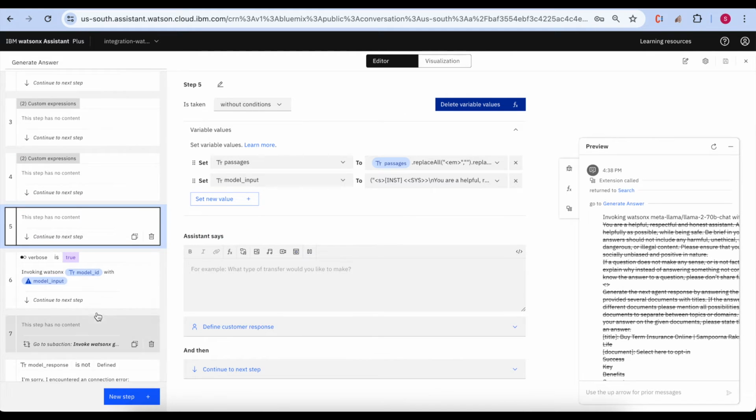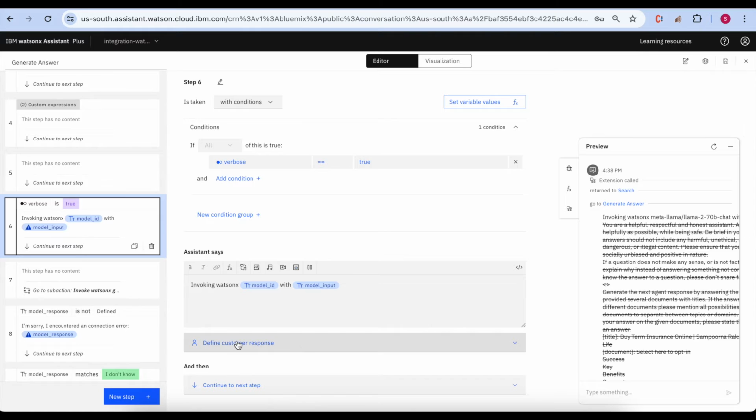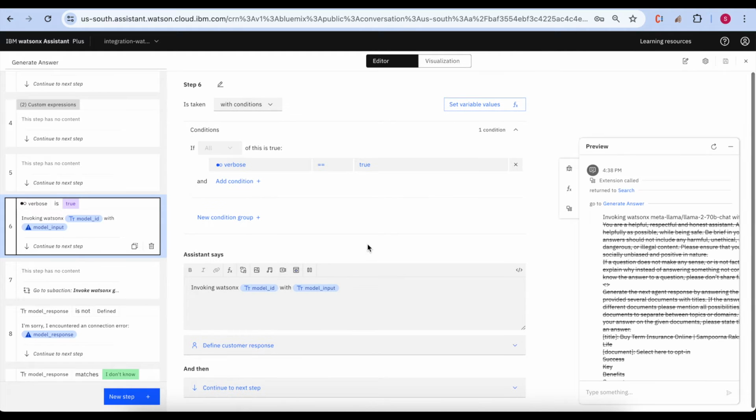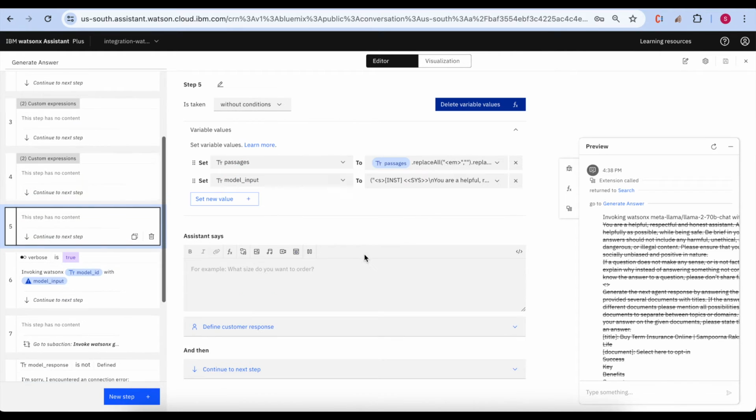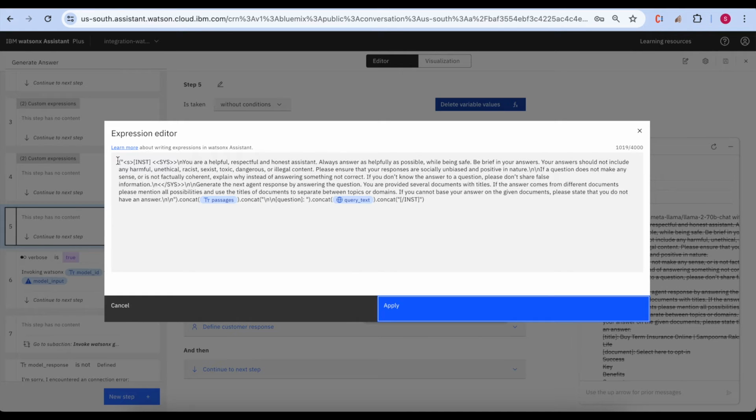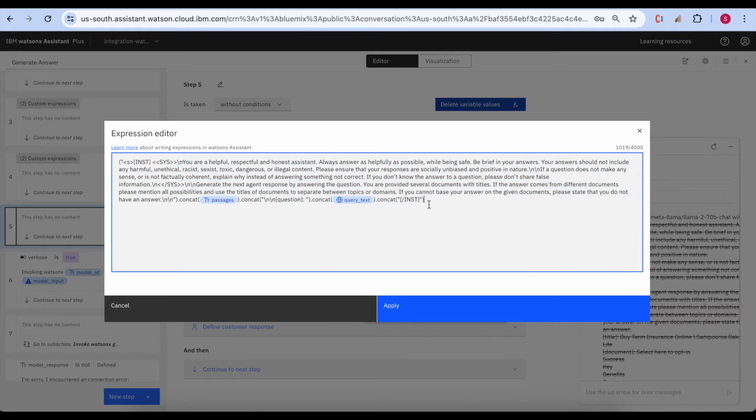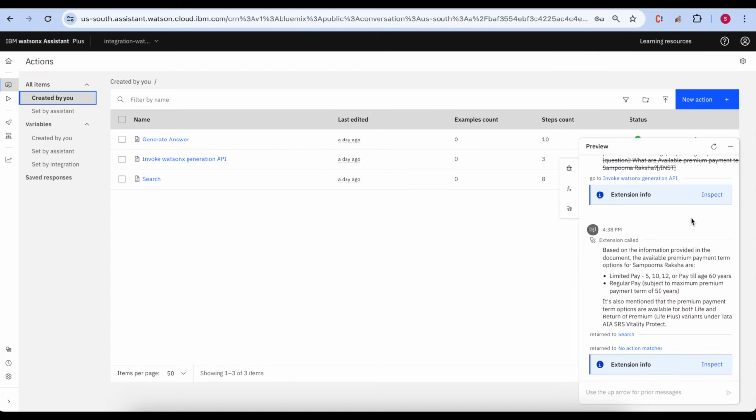If you see here, we do have invoking watsonx model ID with model input, and in this we can see the passes and then model input. Expand, and then this we can actually take it as a prompt. This prompt, I have changed a couple of things in this prompt. For the invoke watsonx generation API,